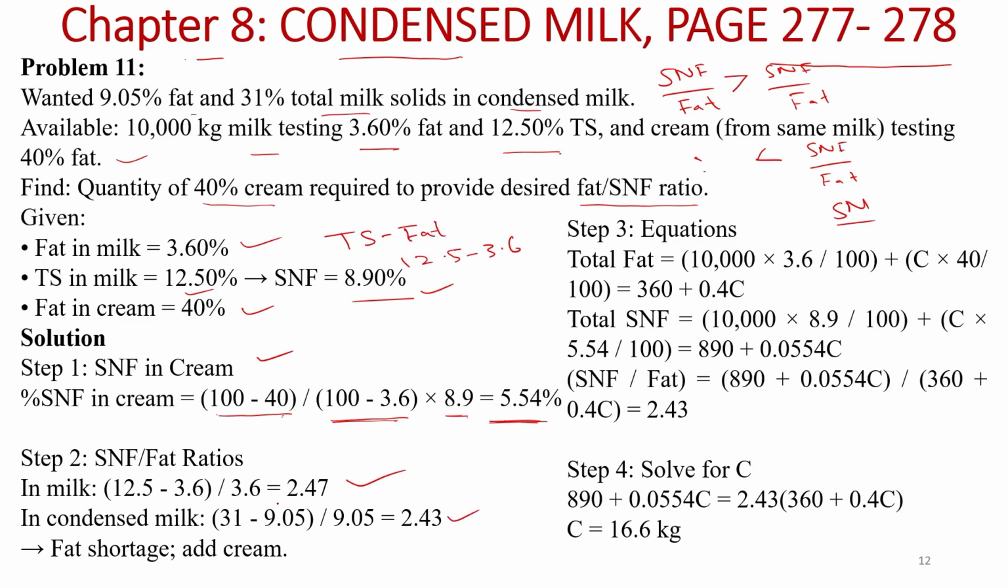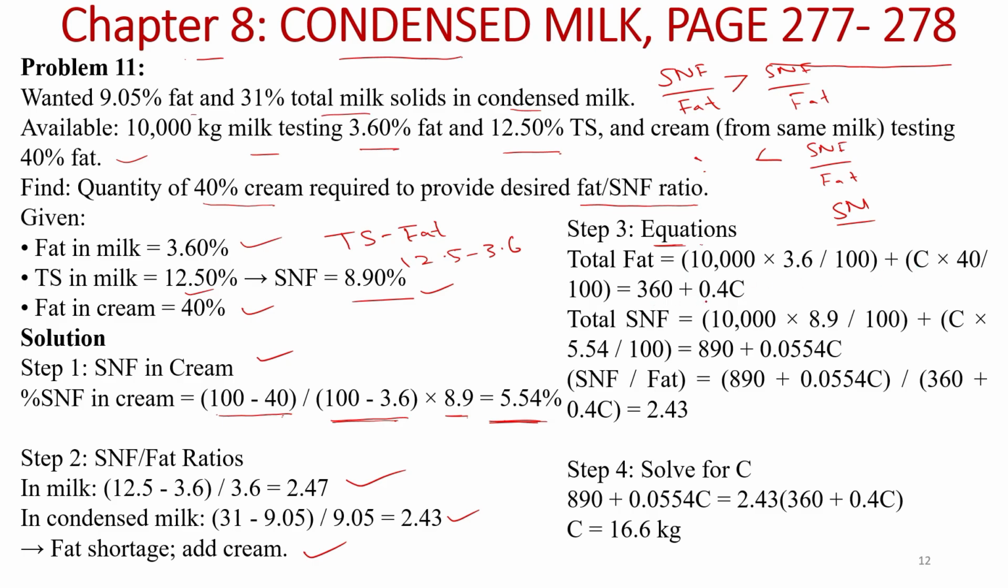Now here we can see that in milk the SNF to fat ratio is higher than that desired, so this means that there is a fat shortage and we will have to add cream. Okay, now from this, if we write the total fat equation, so how much fat: in milk it is 3.6 percent of 10,000, and in cream it is 40